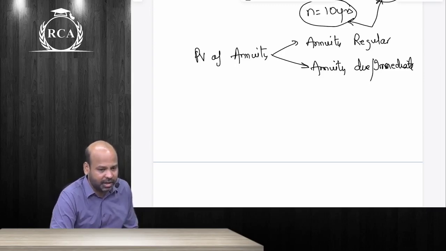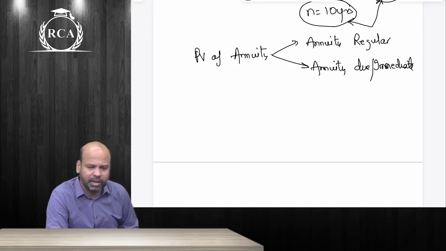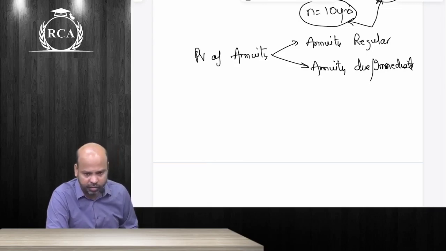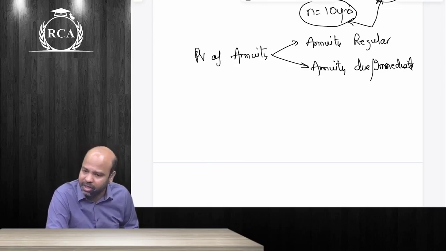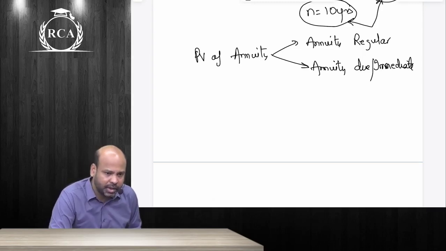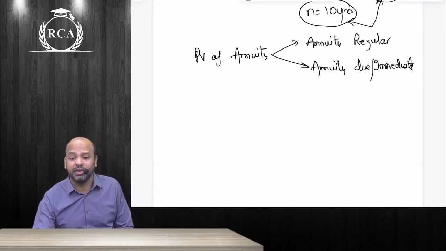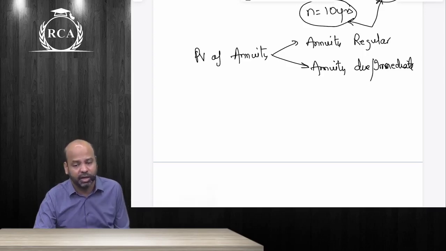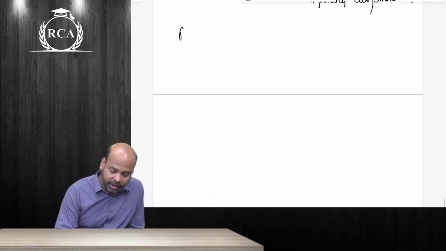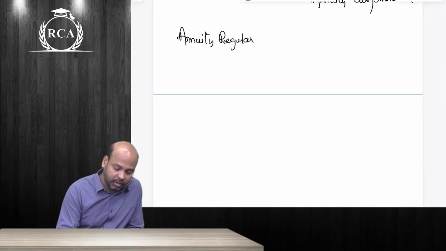If someone is depositing in PPF at the beginning of every year, it becomes annuity due or immediate. A lot of people plan this way: if you deposit at the beginning, you get interest for that year also. If you deposit at the end of the year, you will not get interest for that year, you will get interest from the next year. Am I making sense? Anywhere you are saving money, if you save at the beginning, you get additional return for that year. If you save at the end of the year, you get return only from the next year. So if it is annuity regular, how are we supposed to compute its present value?